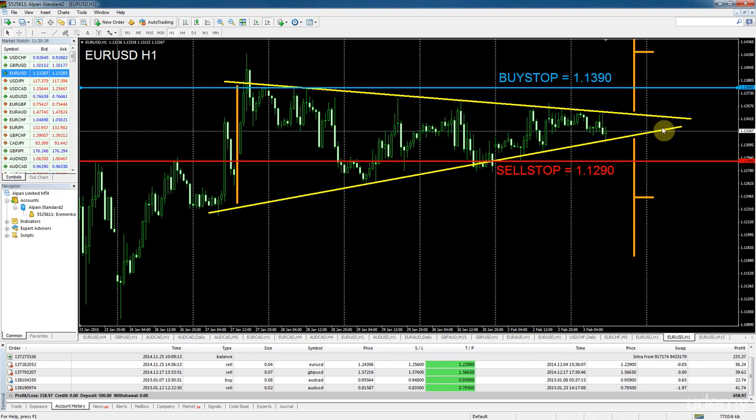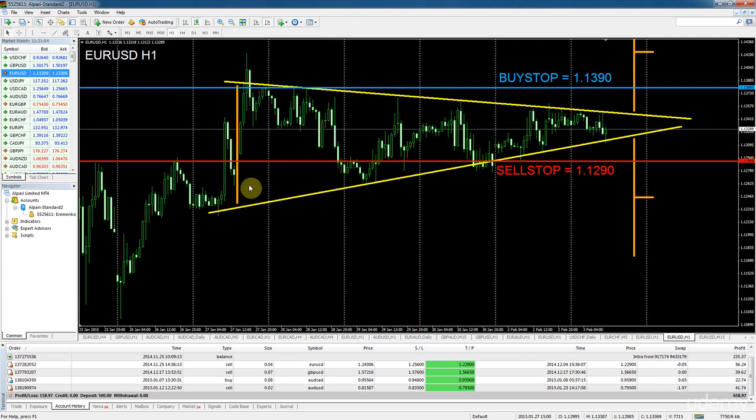In fact, you might not even want to conduct this upward trade or prepare it, because it's quite risky compared to the sell trade. But we'll do both in this situation, and we'll manage our risks accordingly. So we've got our buy stop and sell stop ready. As we discussed previously,